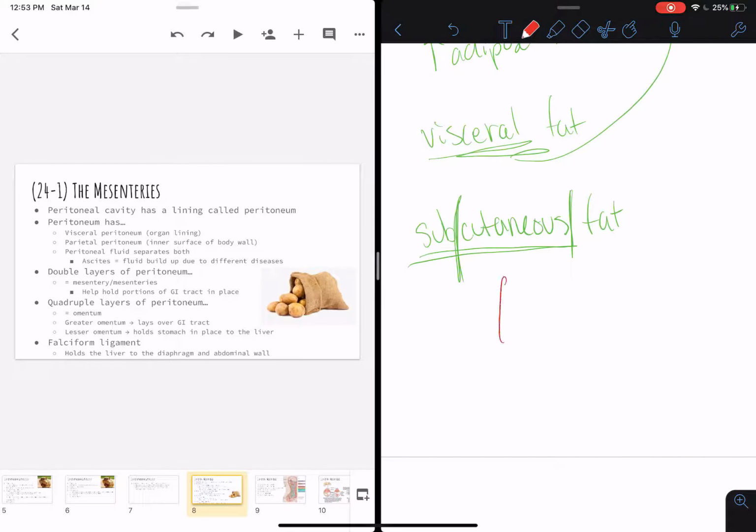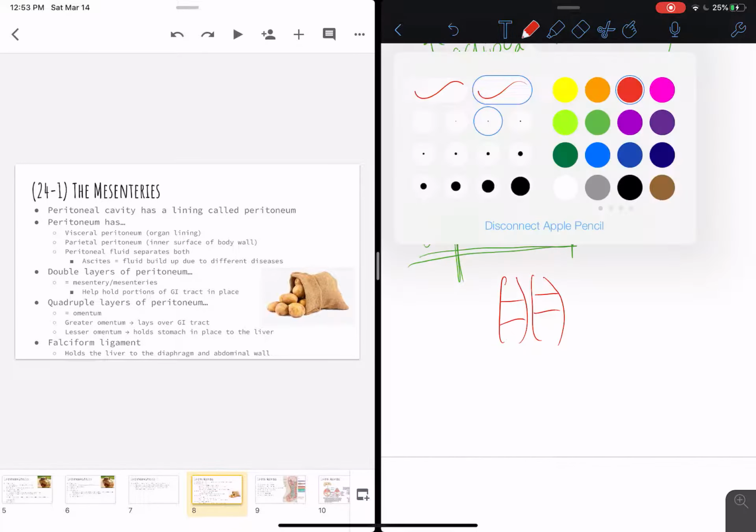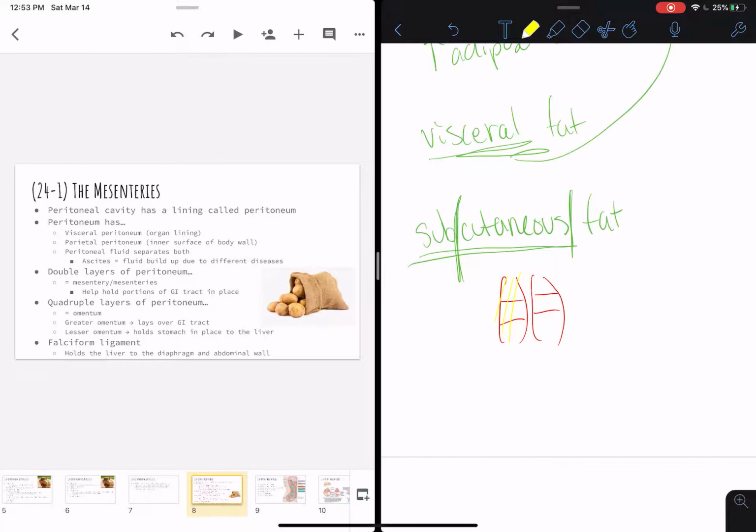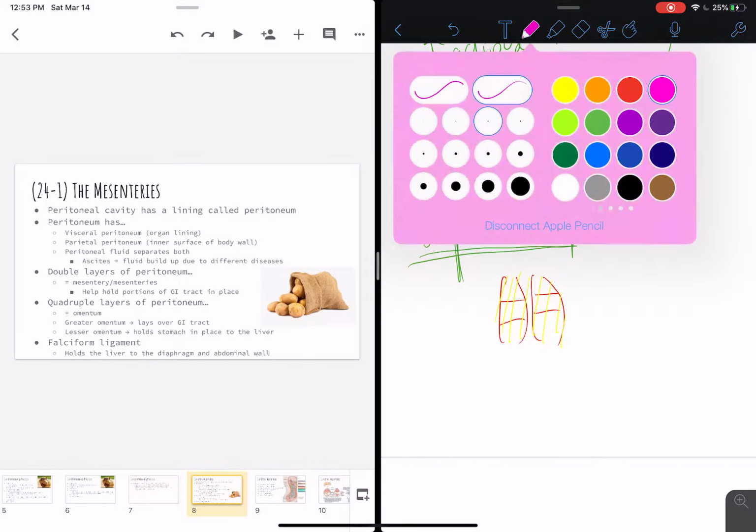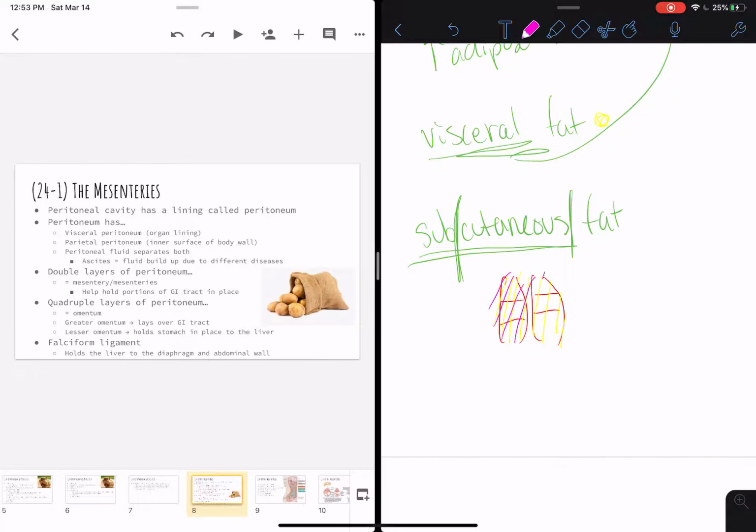So if you have your rectus abdominis here, your visceral fat would be behind it in yellow, and then on top of it you're going to have your subcutaneous fat. And so why is this important to differentiate the two? Well, men tend to carry their weight in visceral fat. This is where we get like a dad bod or a beer belly